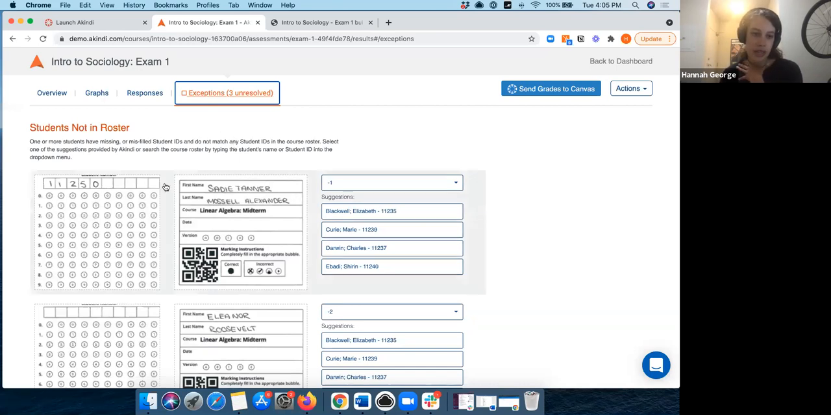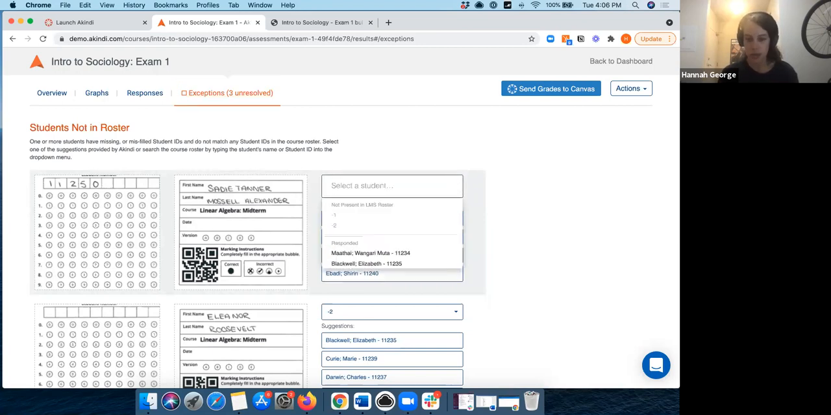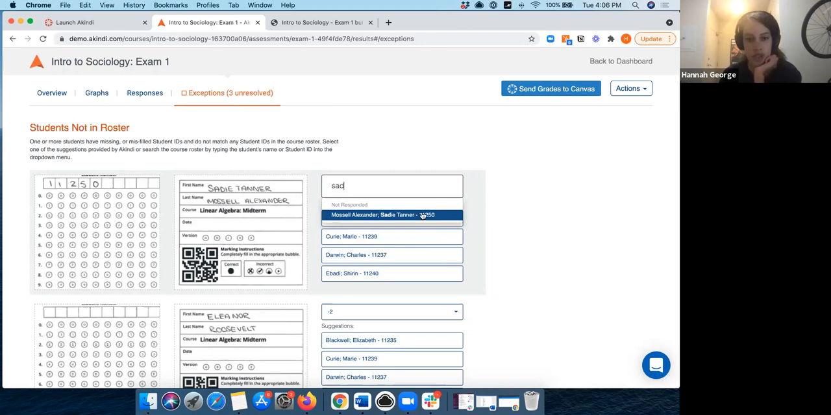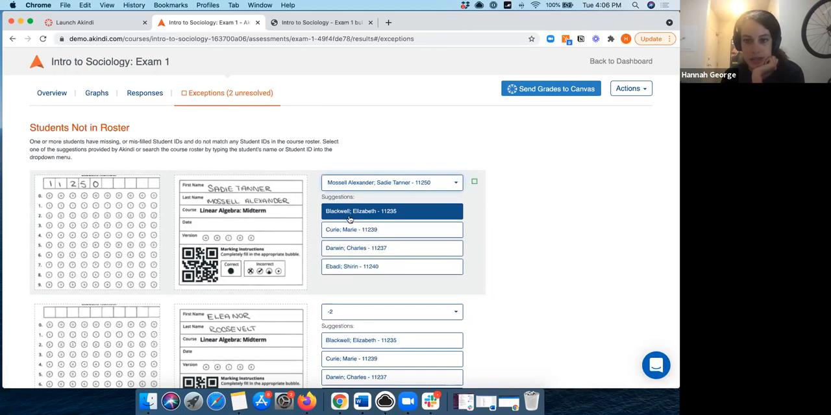On this particular issue, the student has written out their name and also their student ID number, but they haven't filled in the corresponding bubbles for their student ID number. So Akindi's not sure which student to assign this test to. It's given me some suggestions here which don't look correct. So I can go to this drop-down menu and search from my course roster in Akindi to find the student that this test belongs to. I'll select those and